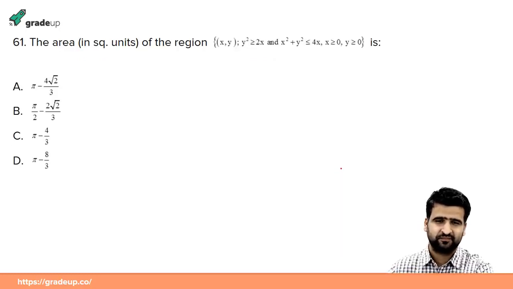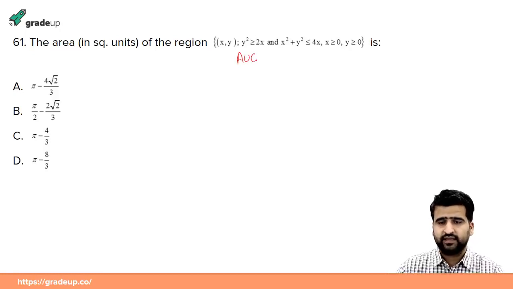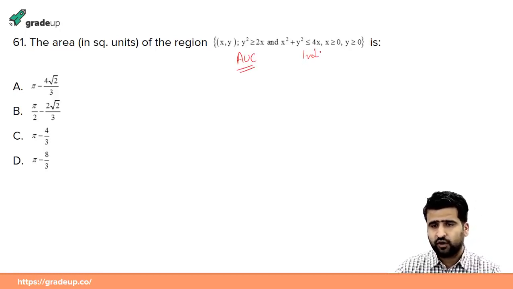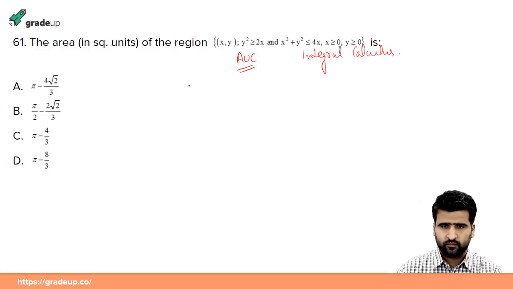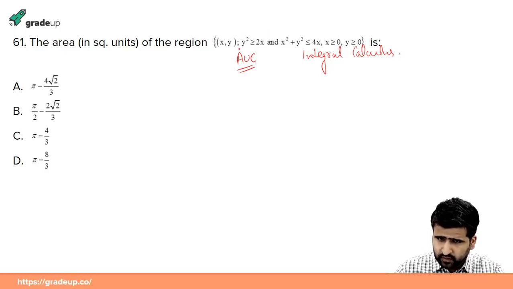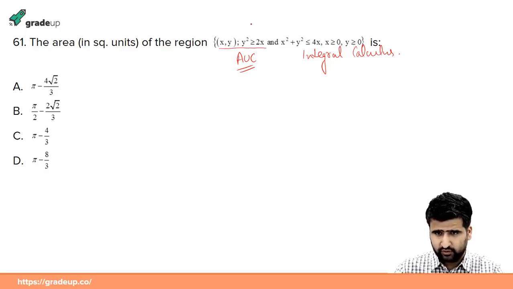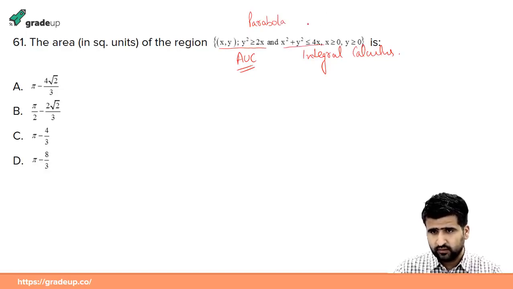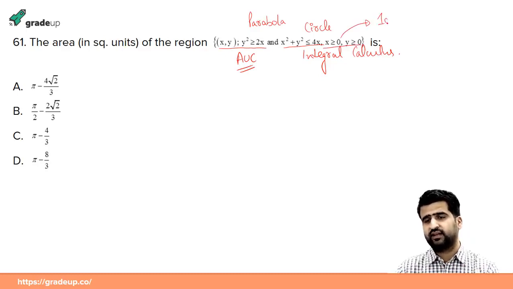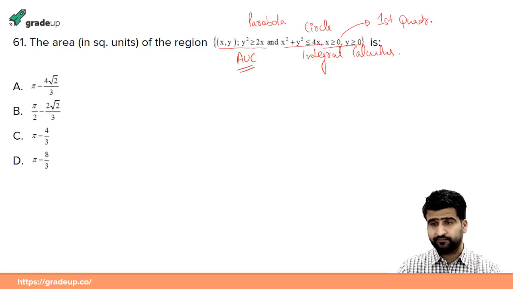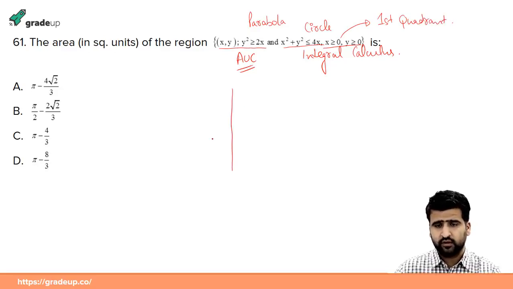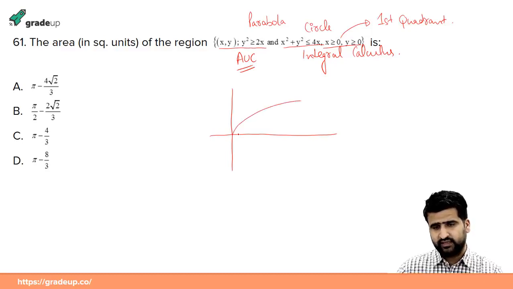So let's begin. So the first question is from the topic area under the curves. Alright, it's a part of integral calculus. Alright, so we are given that we need to find the area of the region given by y square greater than equal to 2x. Y square is equal to 2x is a parabola. This represents a circle, and x greater than equal to 0, y greater than equal to 0 represents that it is the first quadrant. Alright, so we have to find the area